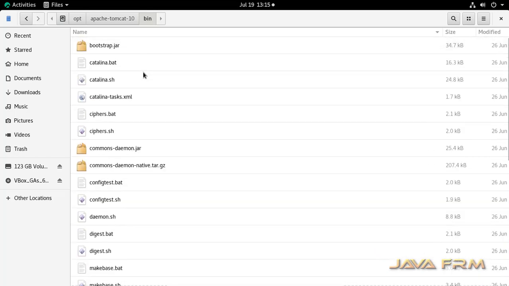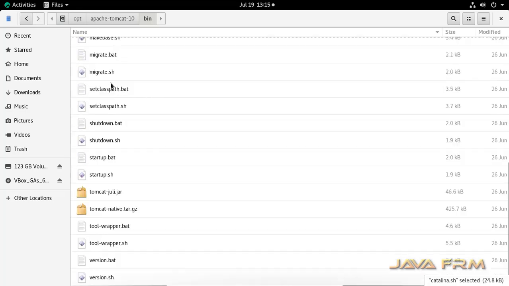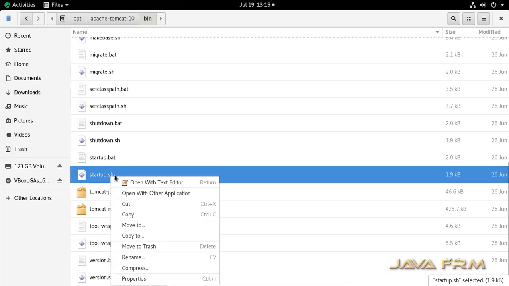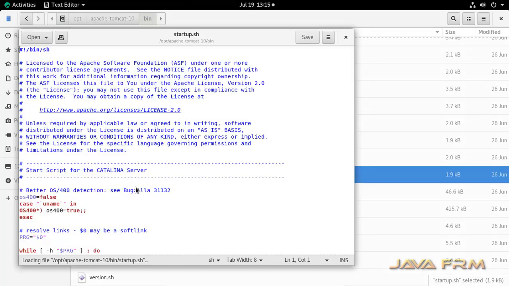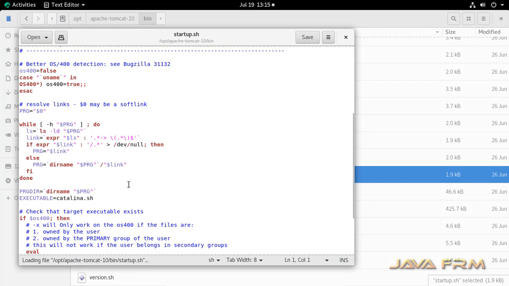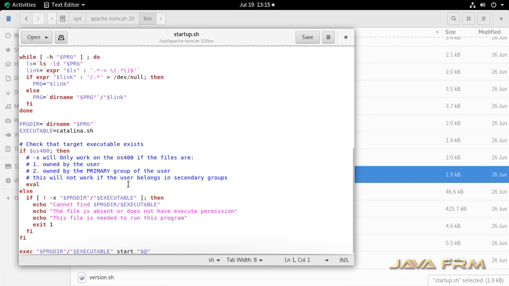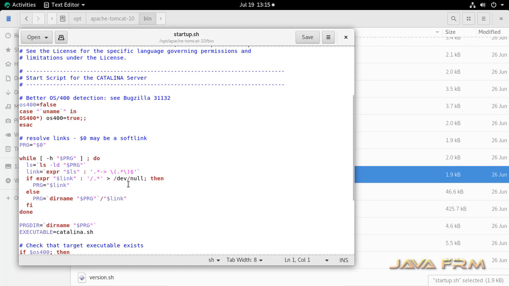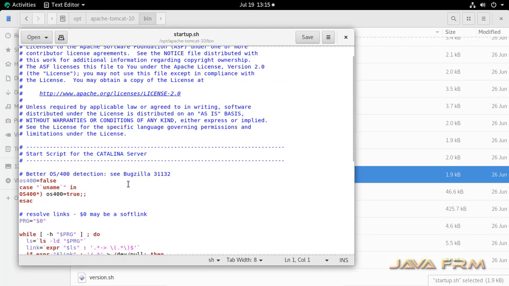This is the directory structure of Apache Tomcat 10. The bin directory contains executable shell scripts: start, stop, catalina.sh, etc. The startup.sh is the shell script file which we use to start Apache Tomcat 10.